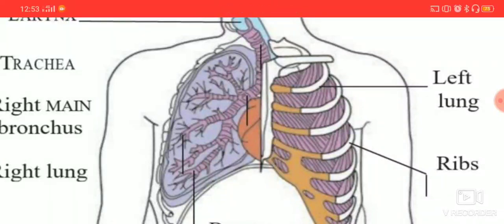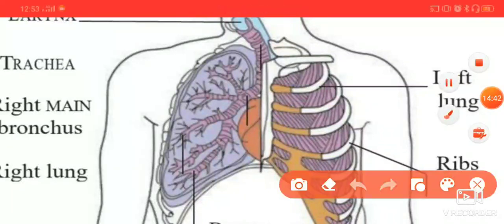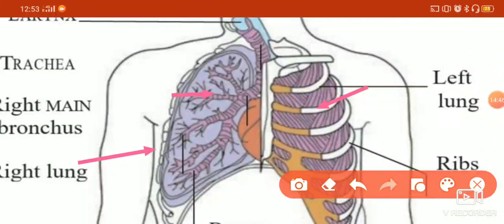This is the thoracic cavity in which these two lungs are present. These are spongy, means very soft, and elastic, means when air enters, it becomes expanded, when it is inhaled, exhaled,